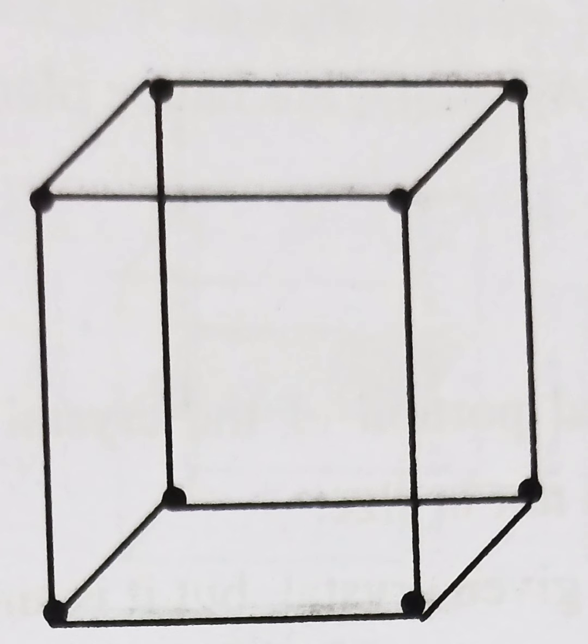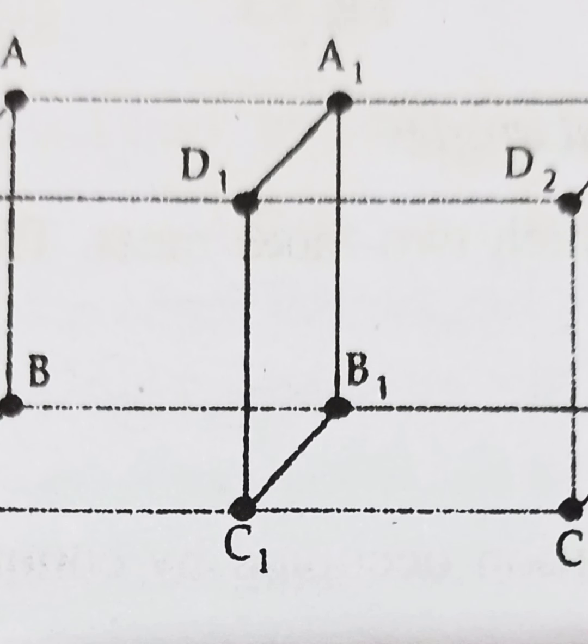Now we will see the lattice planes. See here, A1, B1, C1 and D1 is a lattice plane. Now how can we define it? These are defined as parallel equidistant planes containing lattice points. Means they will contain the lattice points to form a plane. These are parallel planes, equidistant.